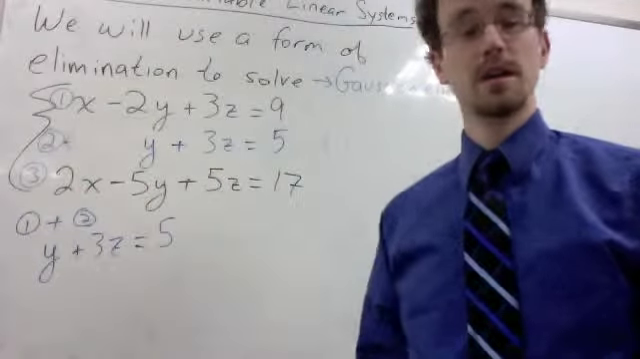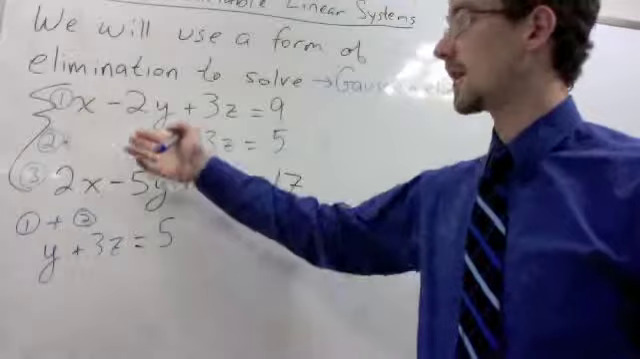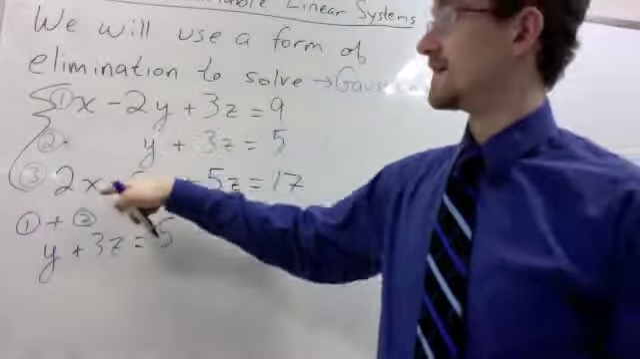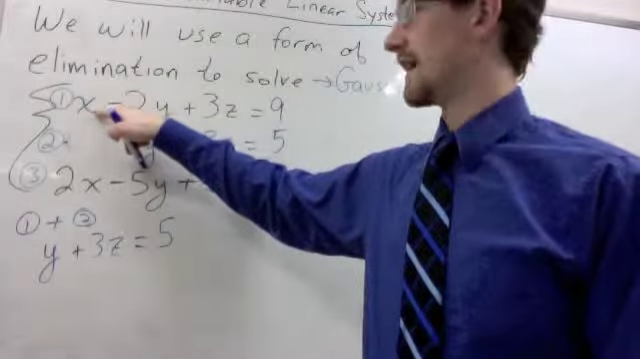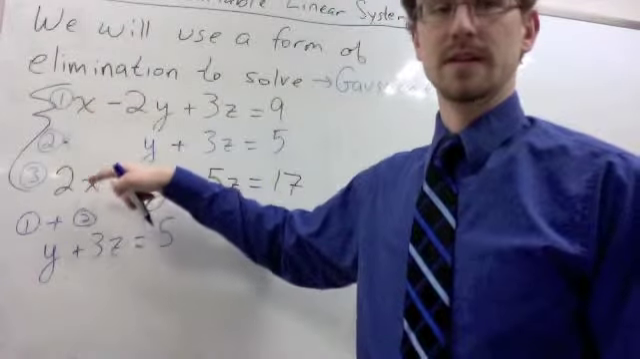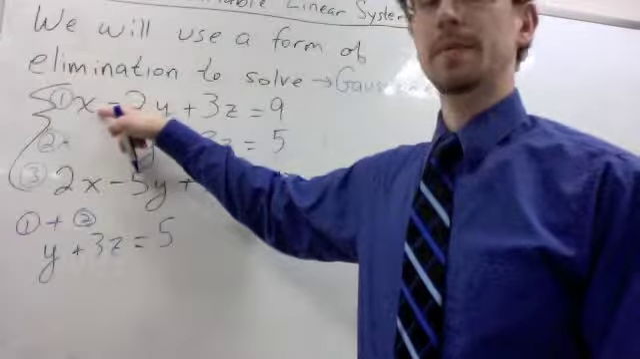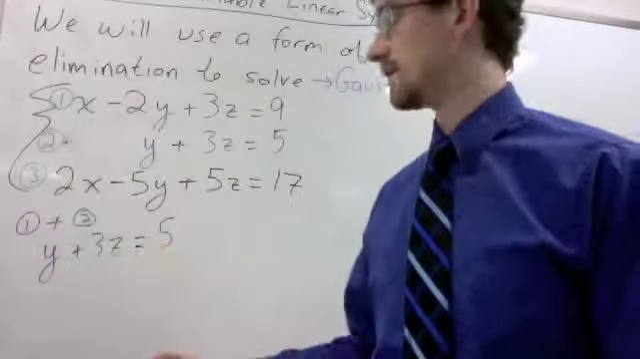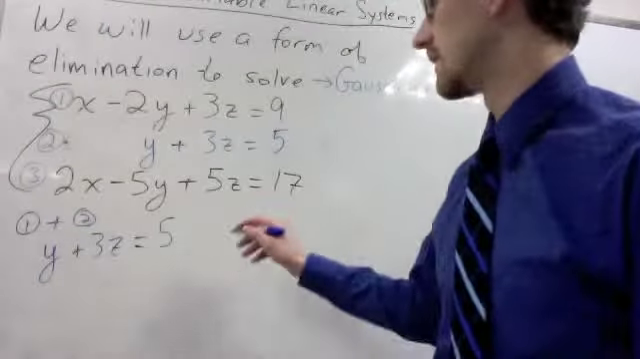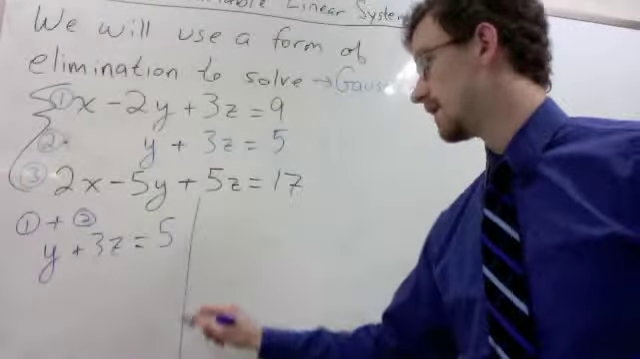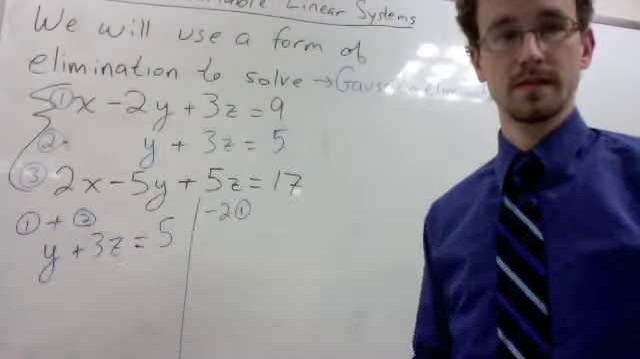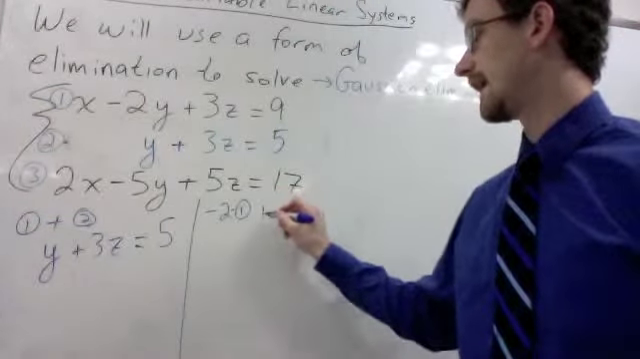rid of y. Just as we did for our second equation, we will get rid of x using the first equation. This is a 2x, this one has just an x, so to get rid of x in our third equation, we need to multiply equation 1 by negative 2, and then add it to equation 3. So we're going to take negative 2 times equation 1 and add that to